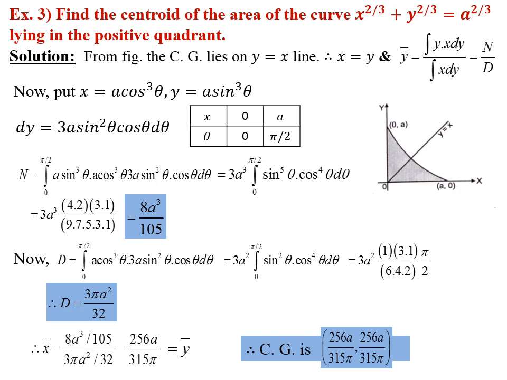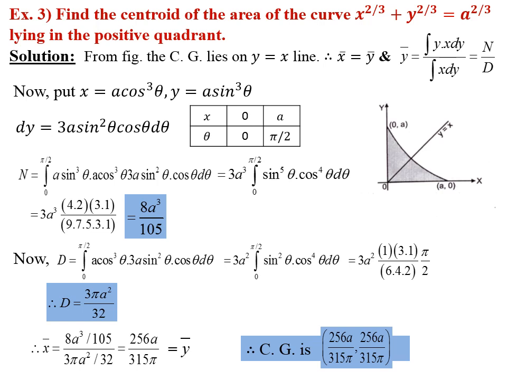I hope you understand all the three examples based on centroid. Now, after completing all these examples, let me clear some things, guys, that before solving the examples, we have studied all the formulae based on the CG of an arc, the CG of an area, and CG of a solid also. But I have covered only examples based on the CG of an area, because in a CG of an arc, it involves only single integrations and simple types of terms over there. We cannot expect such examples in our university examination.